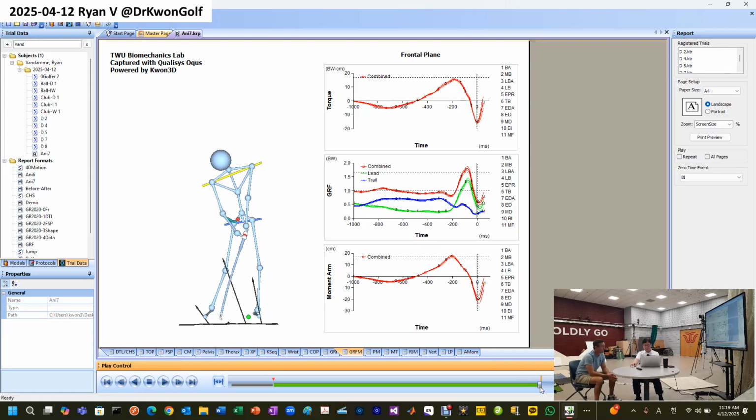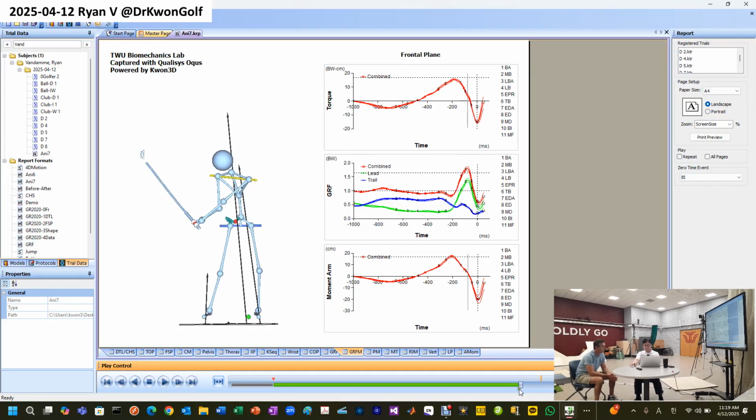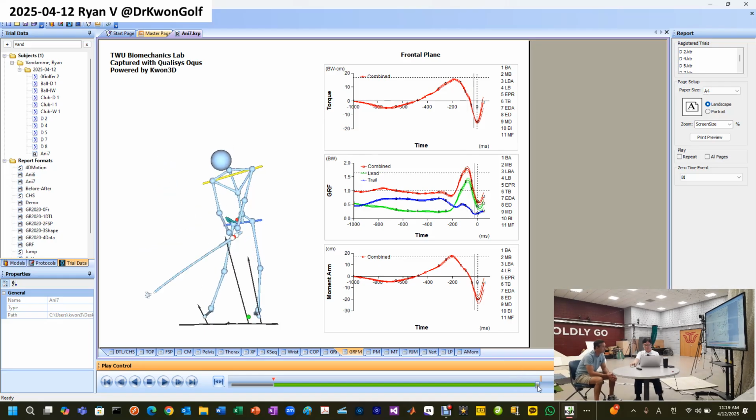This is because you have unweighting here. You see, near the impact, you have unweighting here. The force is less than the body weight. This unweighting is not good. This is because you're pushing too hard here. When you push too hard here, then at impact you have unweighting. With unweighting, the torque acts in the opposite direction near the impact. So it has a detrimental effect